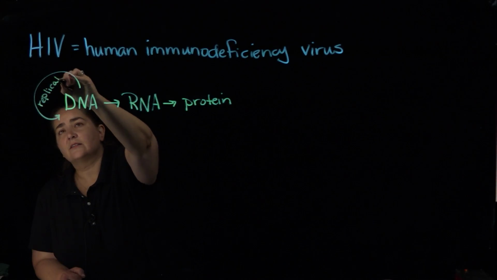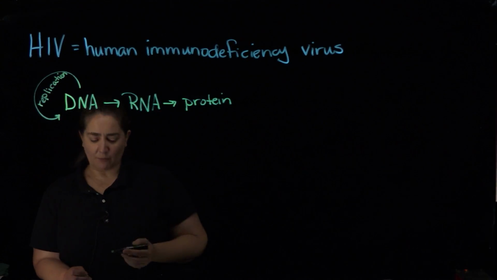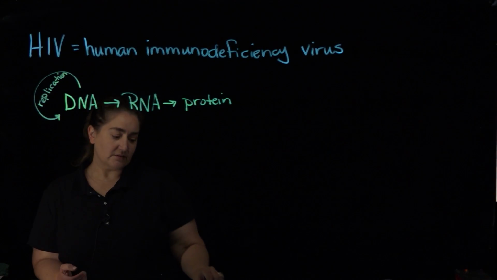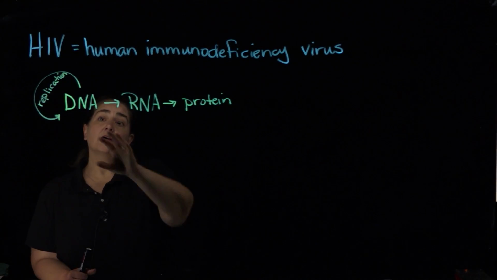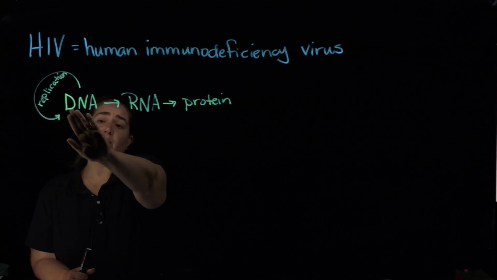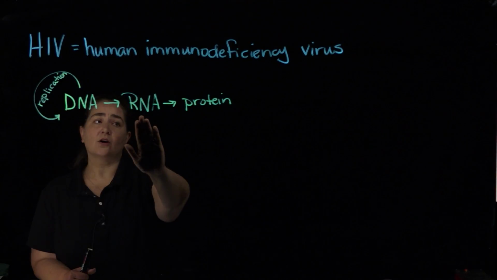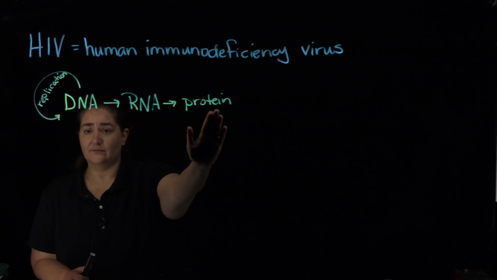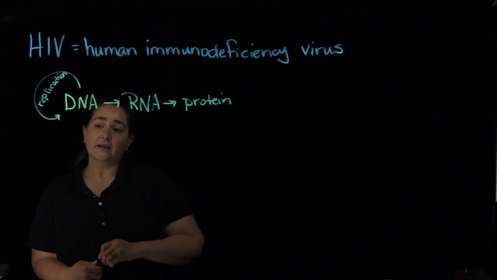So I've put this up multiple times. You're probably sick of seeing it at this point, okay? But our flow of genetic information within our eukaryotic cells goes from DNA to RNA to protein. Okay, where that can be altered,